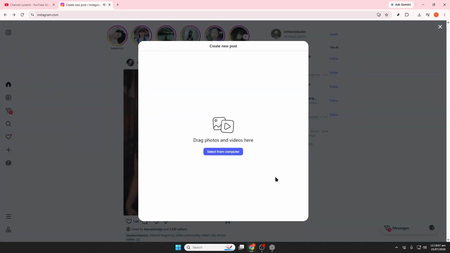One important thing to understand is that saving a reel as a draft keeps it inside Instagram. It does not automatically place the finished draft video into your phone's gallery just by saving the draft. So if your goal is to keep the project inside Instagram for later, Save Draft is the option you need,